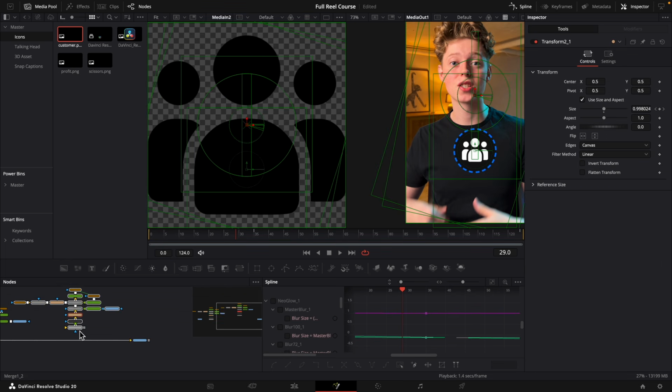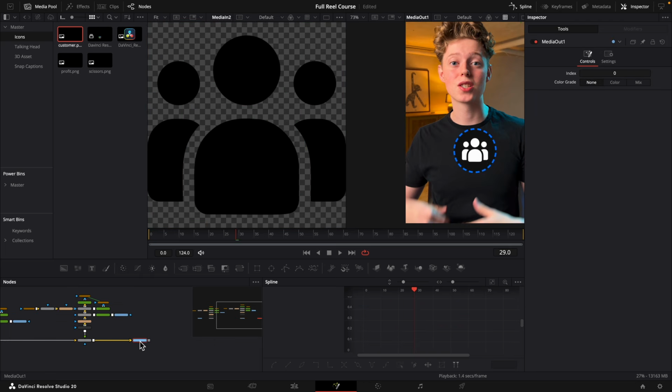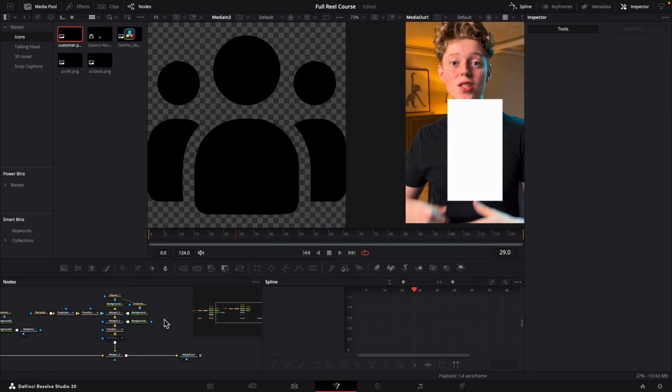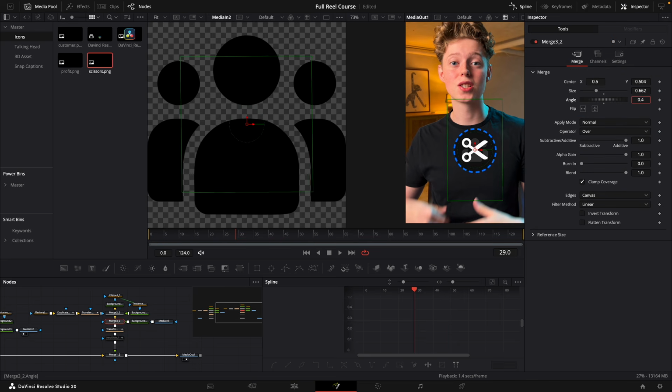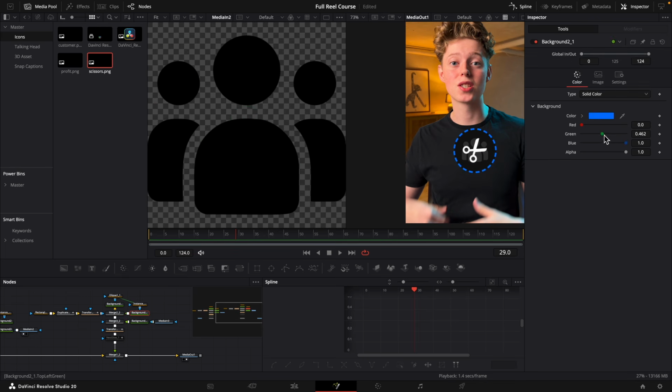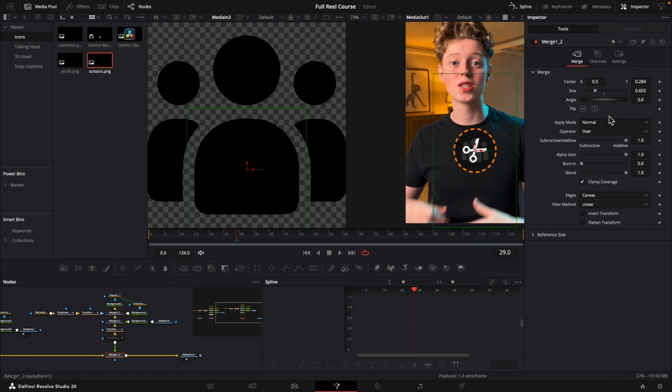And then I'll just add them right after and add the merge that, and then just change the icon to the scissors, and we can just go into the merge here and just rotate them a bit so we get something like this, and just size them down a bit more. Change the color of this to a kind of orange color. Just go in here, size it down a bit more, and just drag it down like this